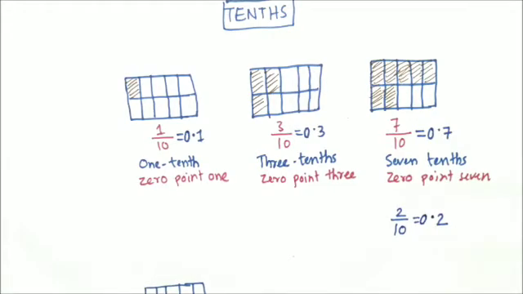Okay, similarly if I have 4 by 10, what could I write? Just 4 can be written like this. And since it is 10, we put a single point just before one digit. Here we can write a 0. So 0.4. It is read as 0.2 and it is read as 0.4. I hope till here it is clear.